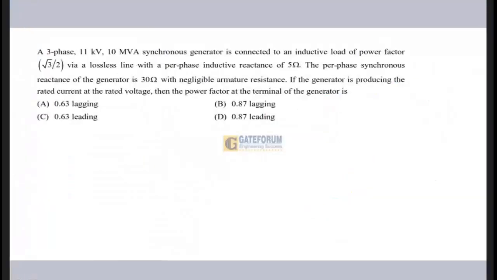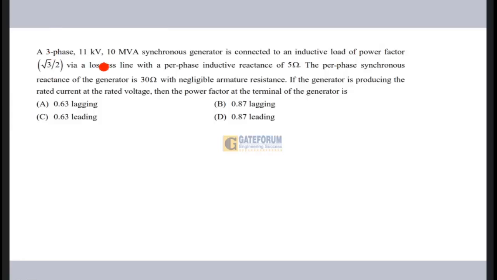Hello students. So this particular question was asked from the electrical machines part in GATE 2024 EE. This question has been asked from synchronous generator. Here they are asking that a three-phase 11 kilovolt 10 MVA synchronous generator is connected to an inductive load of power factor root 3 by 2